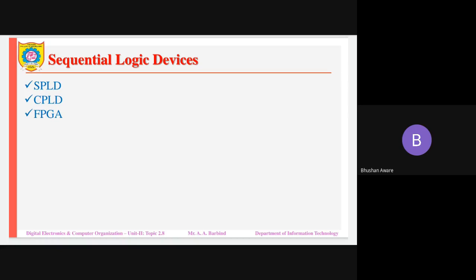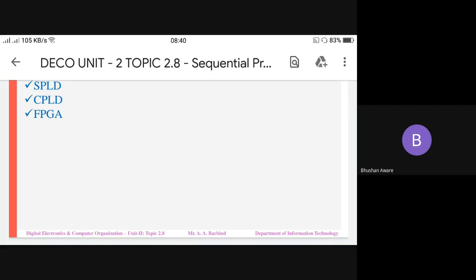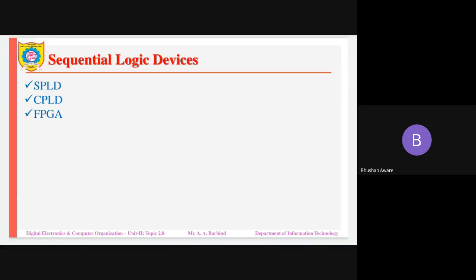your requirement. For example, if you take SPLD, a small programmable logic device, and you want that chip to work as an adder, then you program the chip such that it will work as an adder. If you want that chip to work as a multiplexer, then you program it such that it will work as a multiplexer.